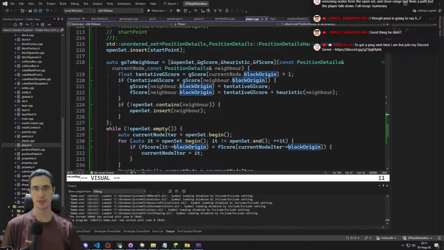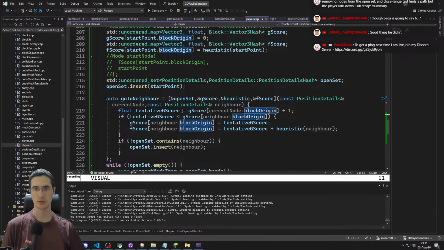How did we calculate it? Tentative score. It's the current node G score, so it's 0 plus 1. So the F score should